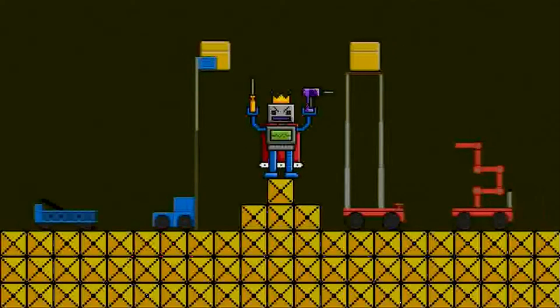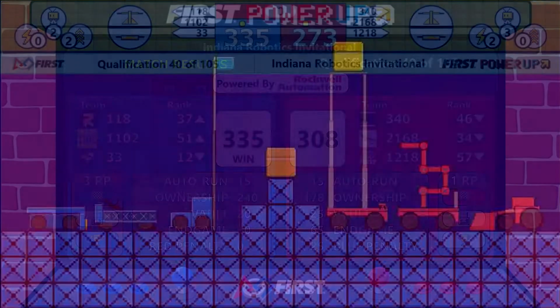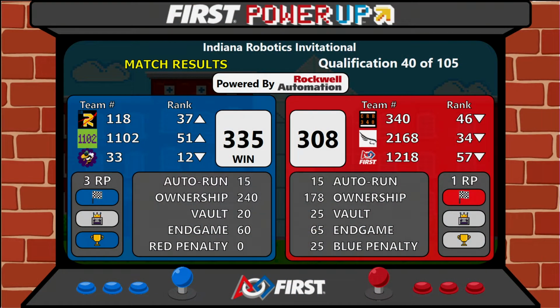That scale was back and forth all match long. Your winner, though, is your Blue Alliance. Blue takes home the score of 335, 3 ranking points for